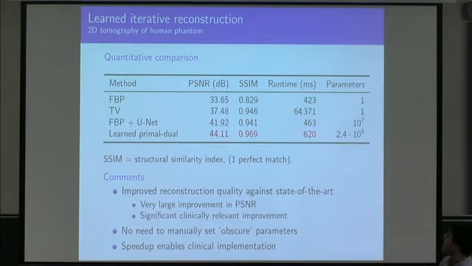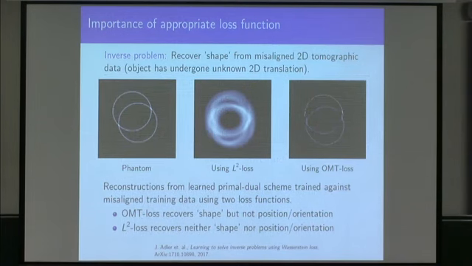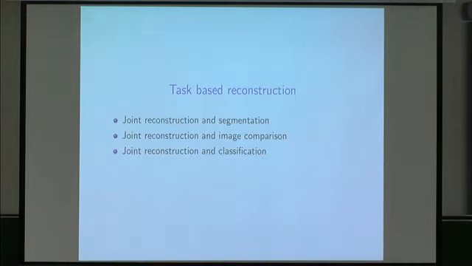And on top of that, take a look at the runtimes. Now, if I would run TGV on this one, I would have an even more brutal runtime here. This is almost in the border. I mean, we are talking clinically useful runtimes. So this is, I would say, quite an interesting thing. Now, in the interest of time, this is just showing the impact of choosing your loss function properly. I'm skipping this, I'm sorry, and moving on to the task-based.